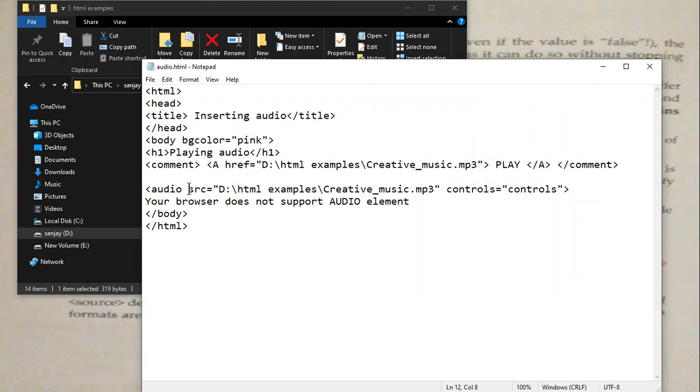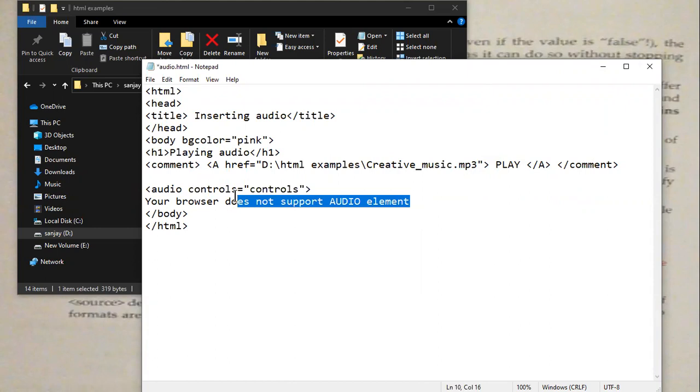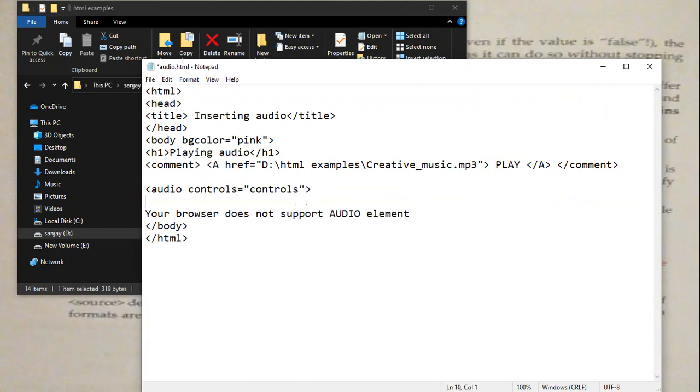If you are not going to provide SRC attribute of audio tag, so what you can do, you can write source, then SRC is equal to, and let us provide the same source, same URL.